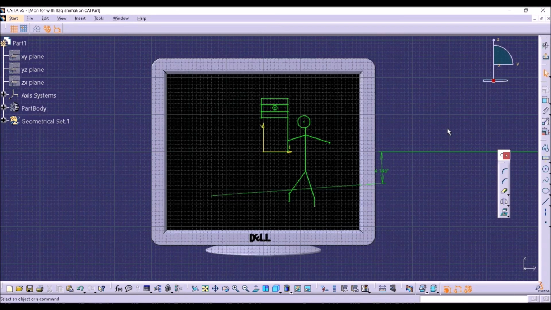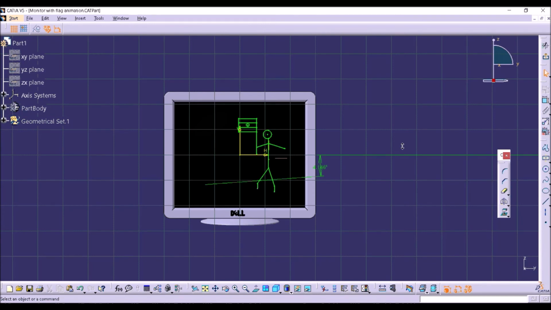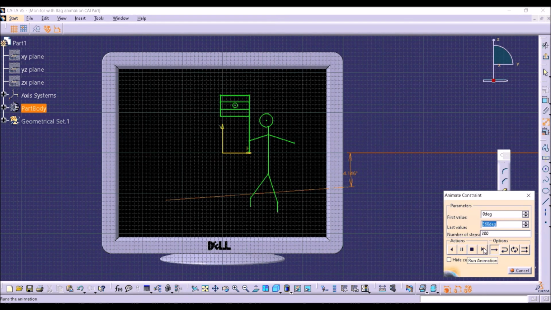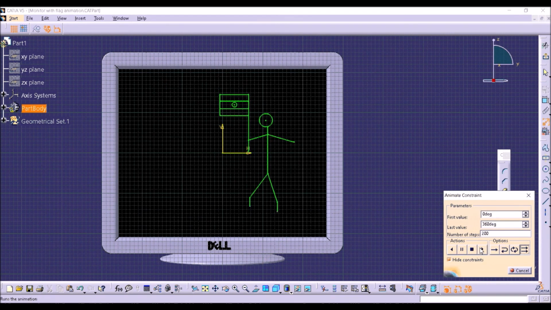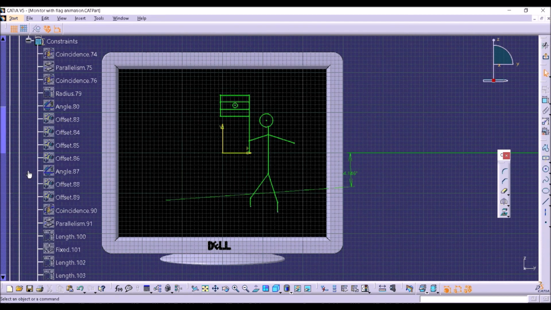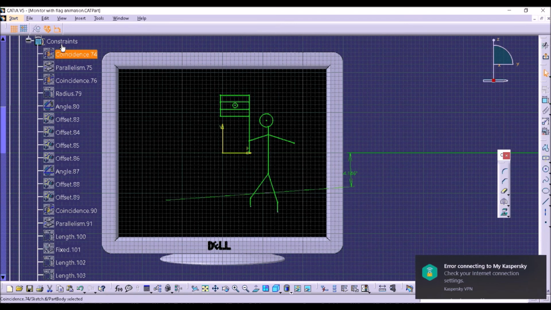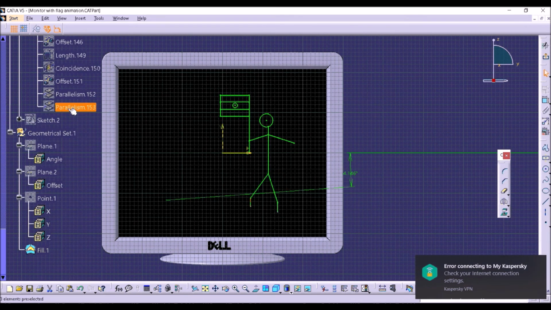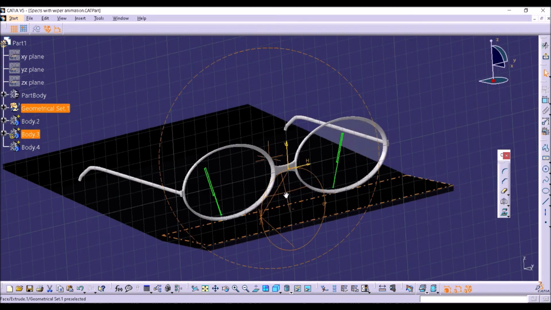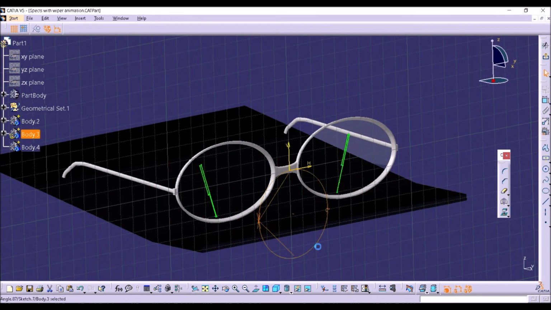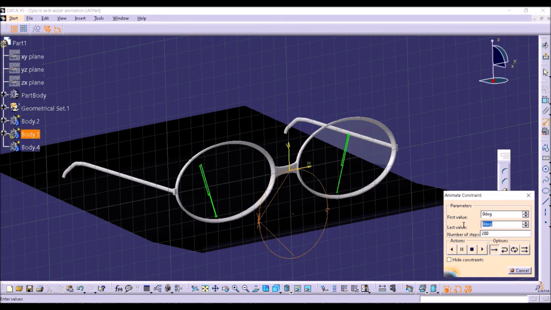You can see this example. I have modeled a Dell monitor. It's a surface model, and on the surface of the Dell monitor I have created a sketch of a cartoon and its movement. This is another example where the movement of a small wiper designed for a spectacle.